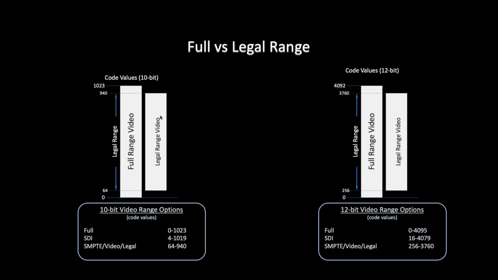So most of the processing inside the color corrector typically happens in full range. You do not remove anything. You work with that full 1023 or 4092 range. What happens is sometimes you may have to output legal range deliverables, maybe your SDR, or you may even get a request to deliver Dolby Vision masters in the legal range. In that case, our recommendation is always, create the content in full range, monitor in full range, make sure that you're working with all of that dynamic range, all the headroom while you create, and then make a scaled deliverable